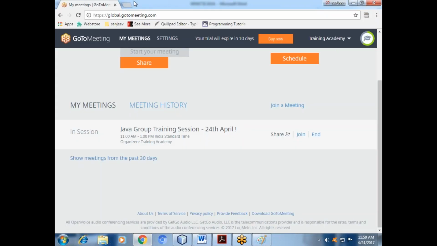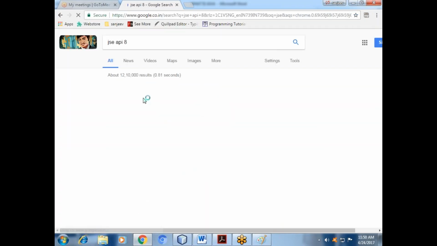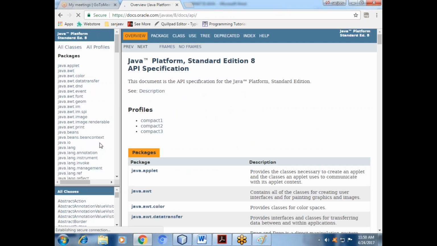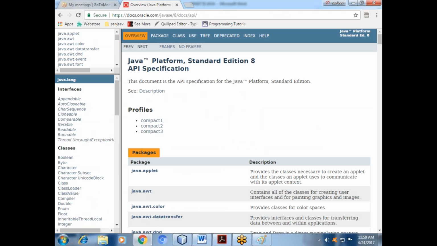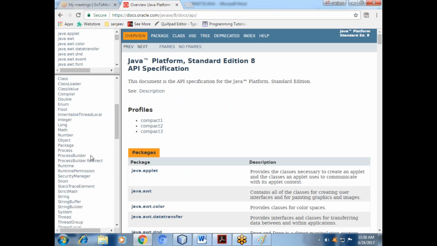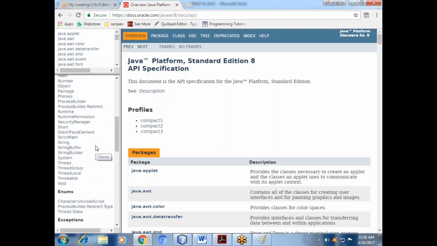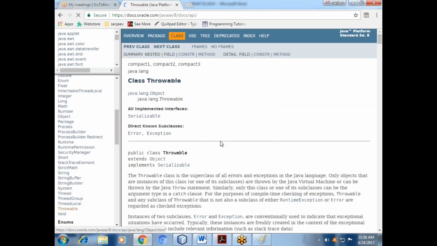So we will go to the Java lang package. Then you will get java.lang, then you will go to the Throwable class. This is the Throwable class.